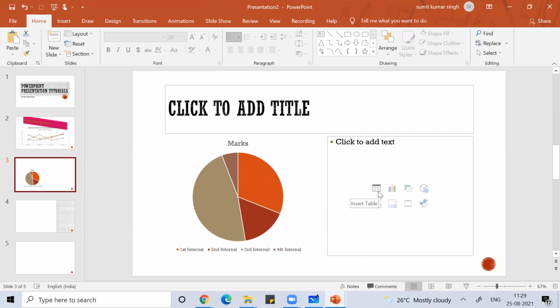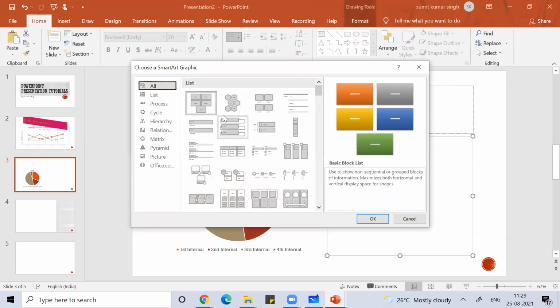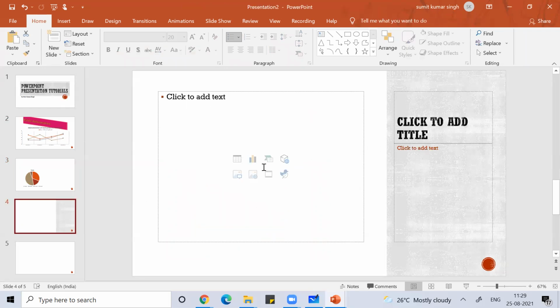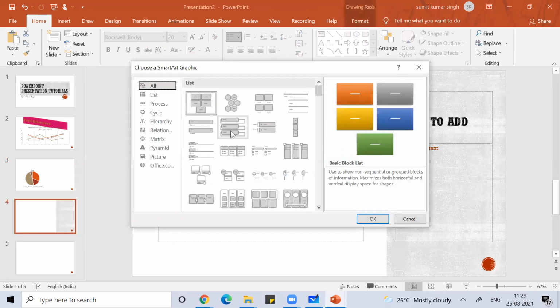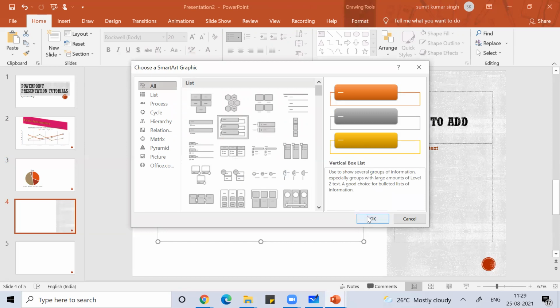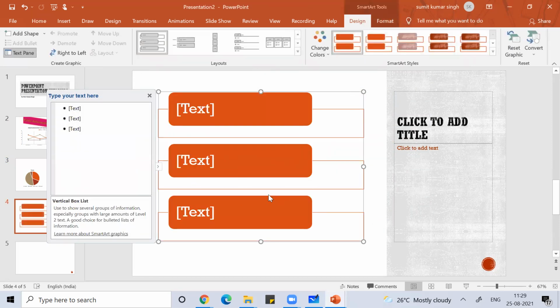Okay, so you have this table, you have this chart, then you can insert SmartArt graphics. Okay, some graphics if you want, depending upon your requirement, you can add them. Whenever you are working, you can add this graphics. So depending upon, you want to create some flow chart, something, so you can write here. So finance, marketing, departments of the company, then human resource.